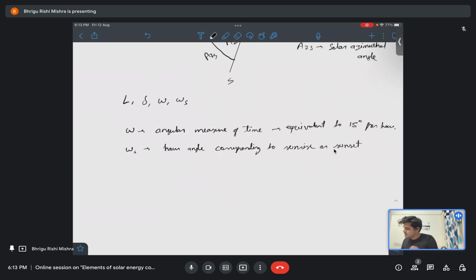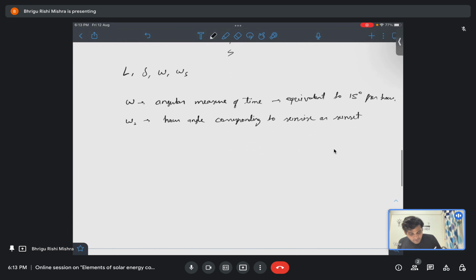Sorry, at 6 a.m. in the morning it is minus 90, at 12 noon it is 0, and then again at 6 p.m. it is plus 90. So basically if we consider noon as the center point where it is 0, in the morning it is considered negative, and in the afternoon it is considered positive. So omega s varies from minus 90 less or equals to omega s less or equals to plus 90. In the morning it is negative,